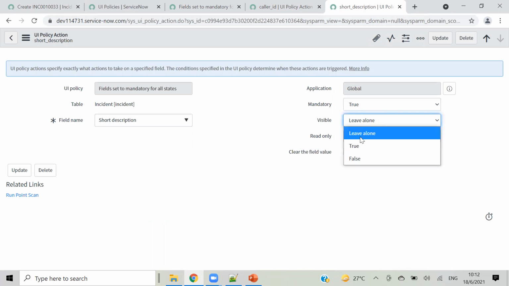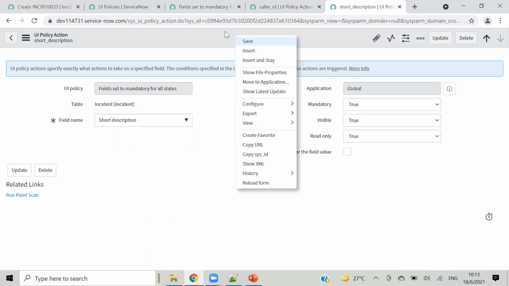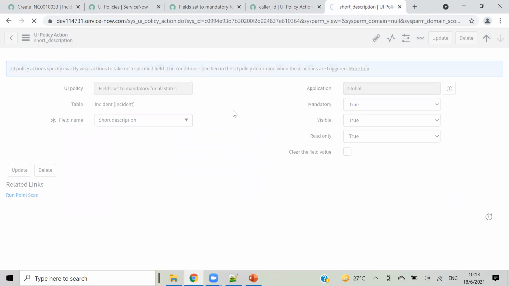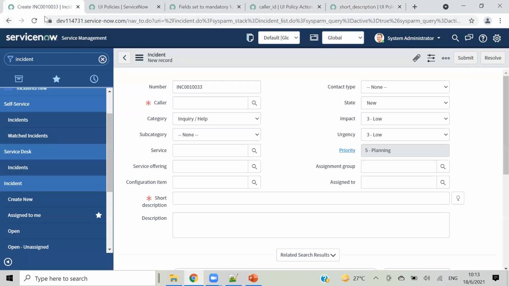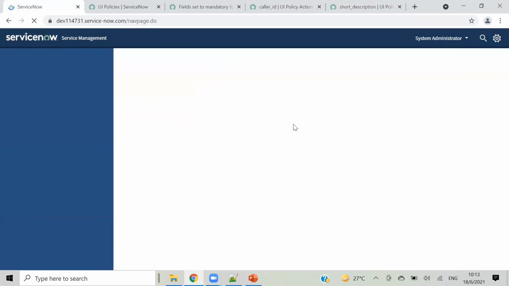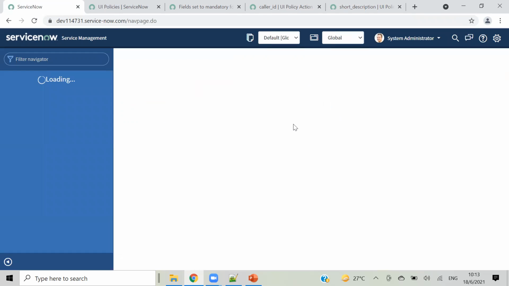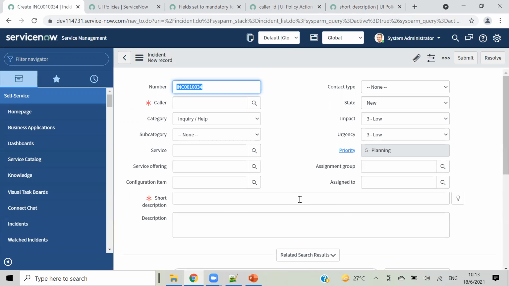Yeah, because that is mandatory, I can't make it read only. If it is mandatory, how can it be non-editable? Let me reload my form and check. Yes, nothing happened.